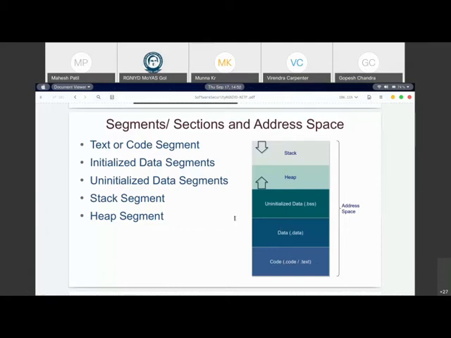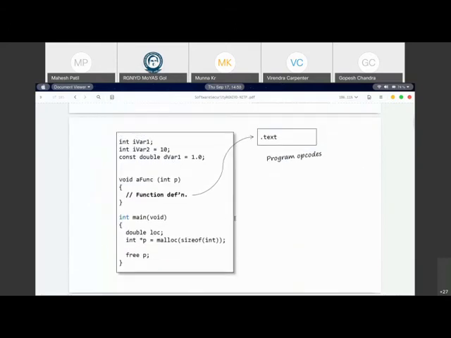Let's take a sample C program to understand how it is mapped into each of these. Here's a very small program which has global variables var1 and var2, and apart from that it also has functions like a func and a main function. Let's see what goes into the text segment.